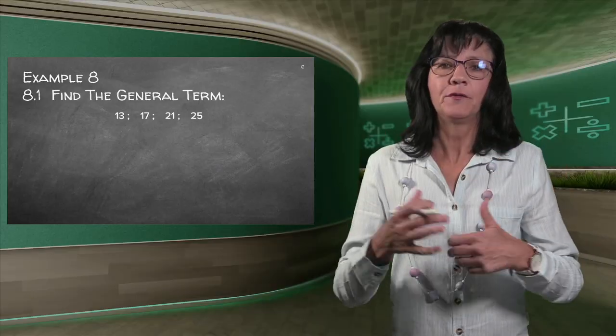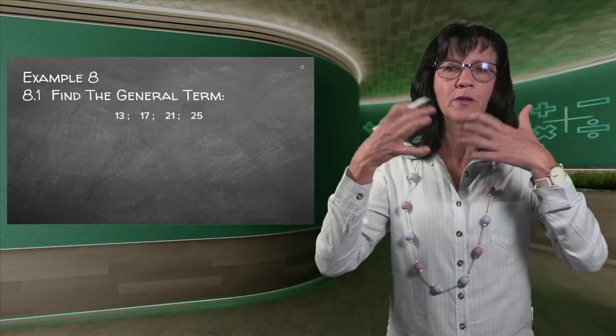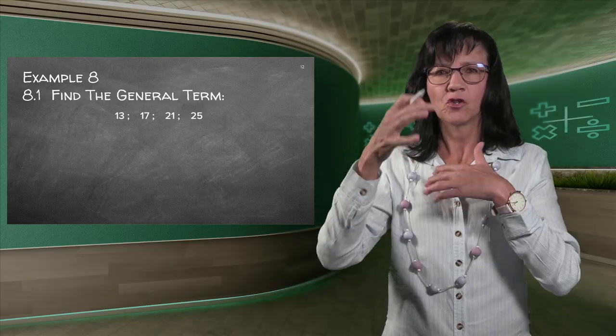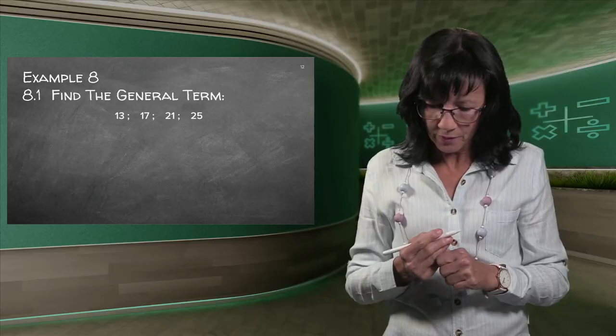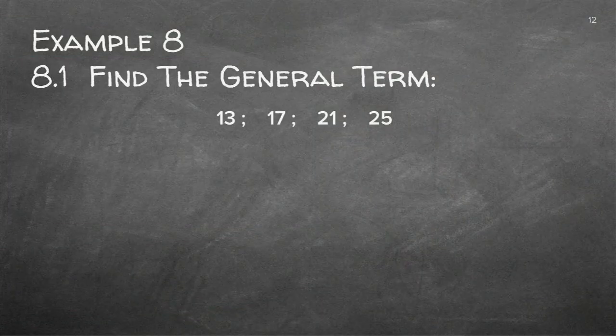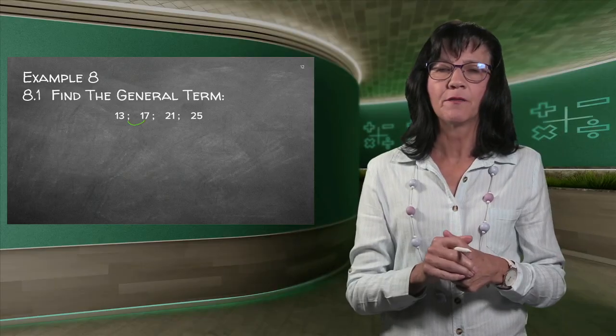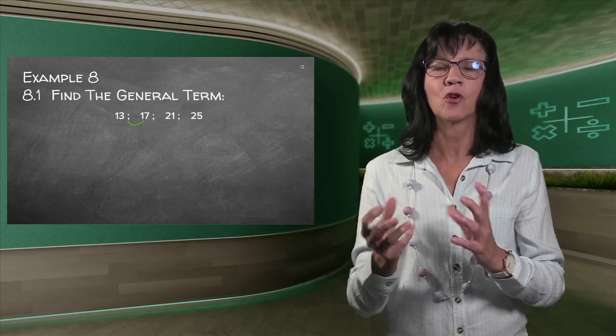Now, let's see if you can do it all on your own. Let's see if we can, without looking at any answer, let's see if we can get that little method sorted in our heads. What did we do with the previous ones? We first checked if it was an arithmetic sequence. So if I check this one, 13 and 17, just one thing that is very, very important. We always take the right-hand side minus the left-hand side to see if there is a common difference.